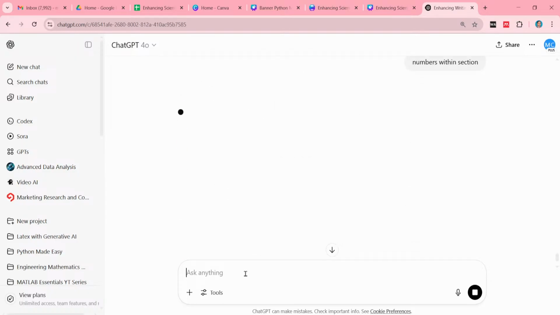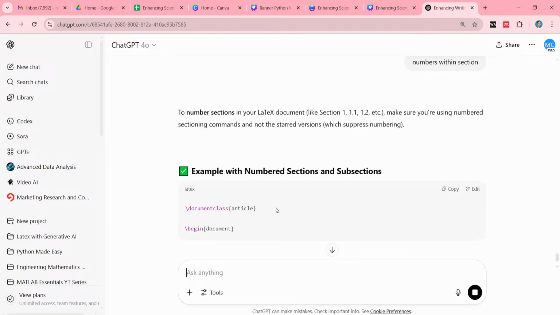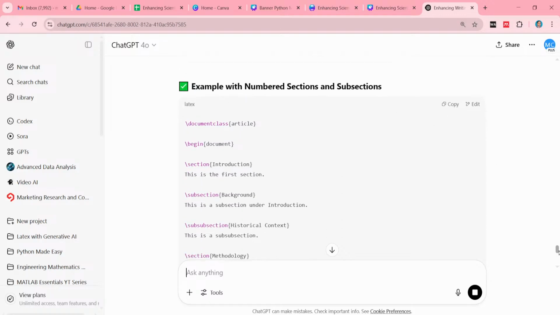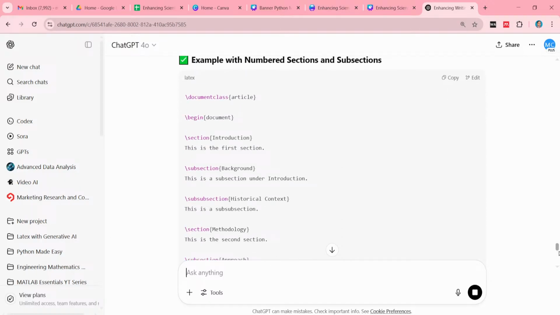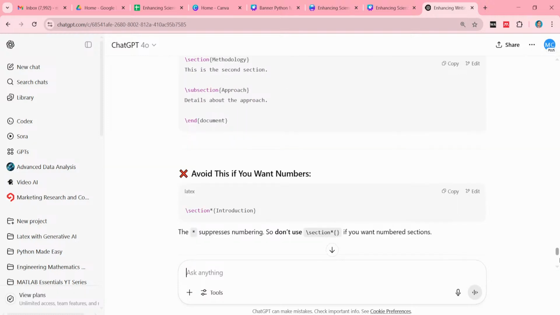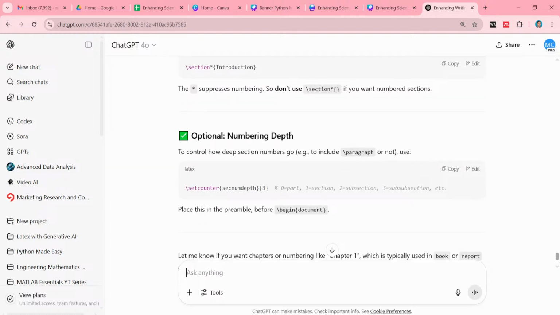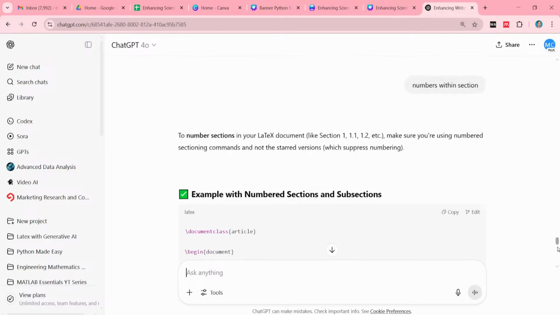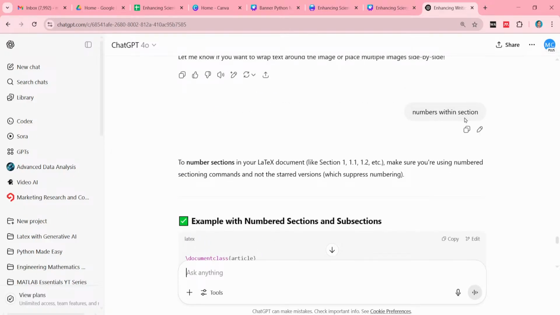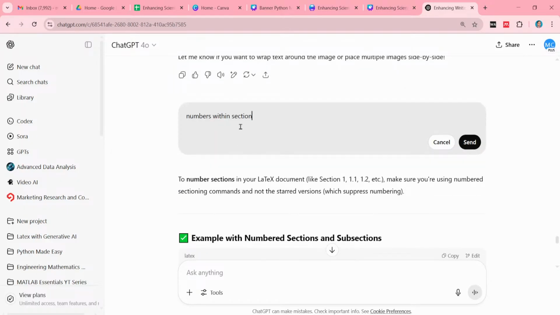So what you will do, see here, if you need to insert the numbers within the section, you can use here equation numbers. We need the equation numbers within section.